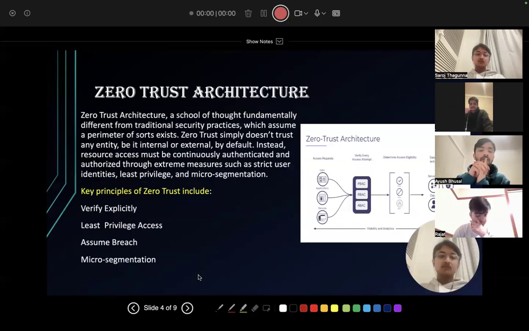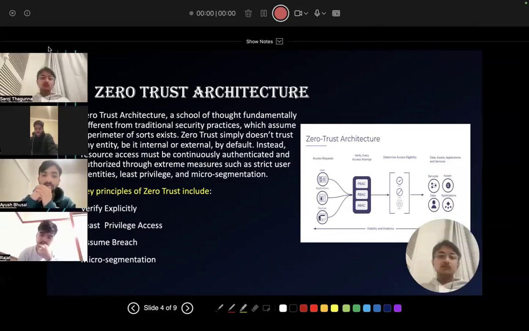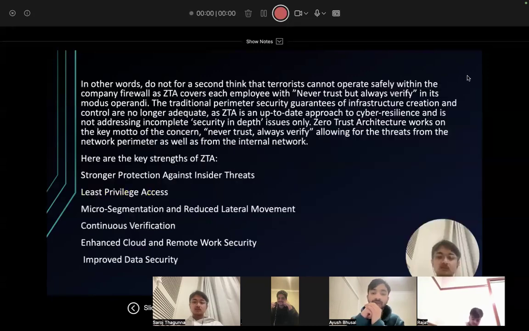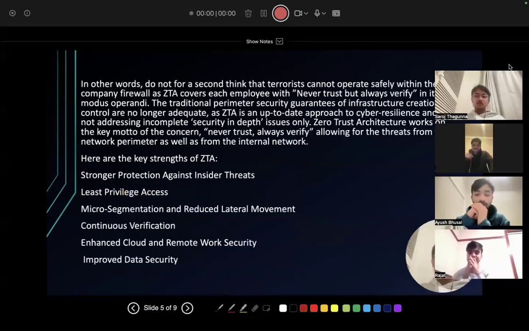Talking about zero trust architecture, it is fundamentally different from traditional security practices, which assume a perimeter of sorts exists. Zero trust simply doesn't trust any entity, internally or externally, by default. Instead, resource access must be continuously authenticated and authorized through